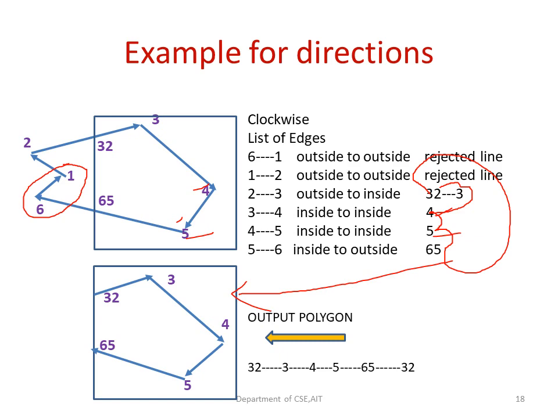So you can do this either by using the clockwise direction or by using the anti-clockwise direction. The output will not be different. You are going to get the same polygon. The polygon will not be any different if you go for a clockwise or an anti-clockwise direction. So you can start from any point and you have to come back to the same point.